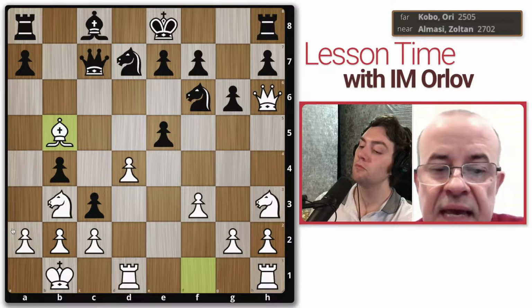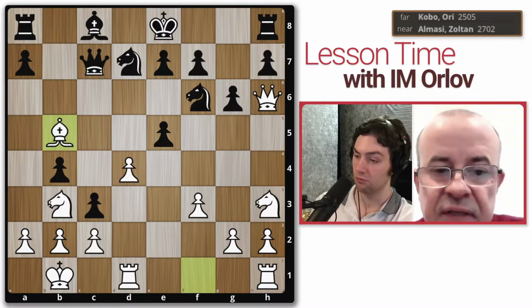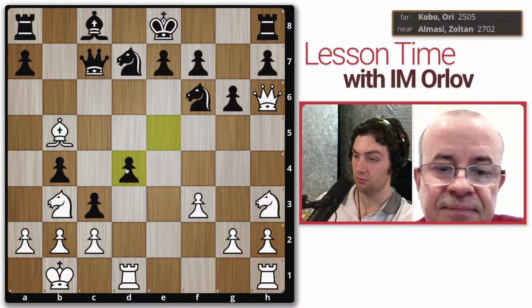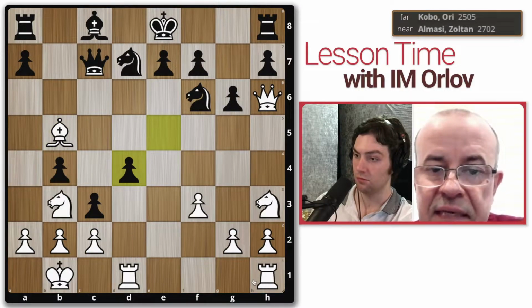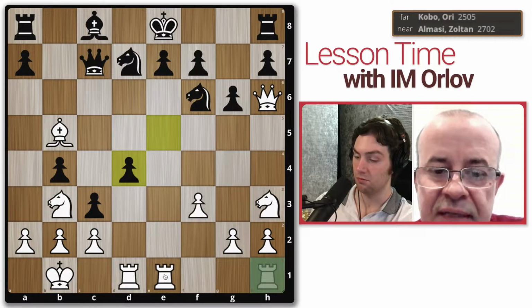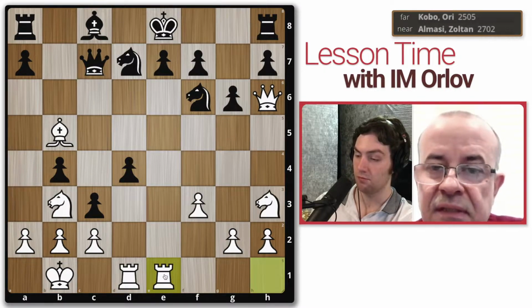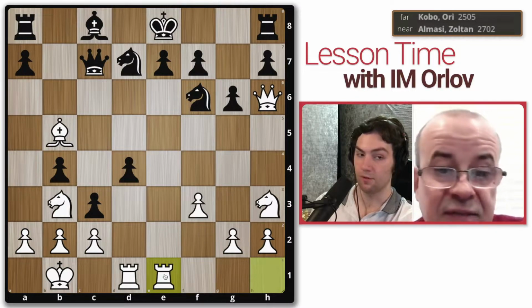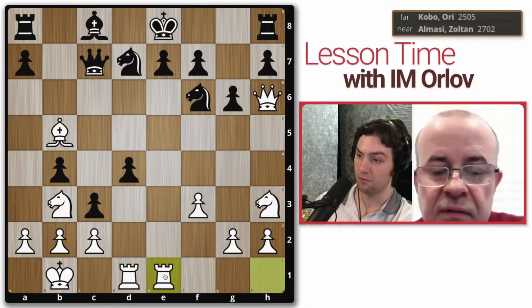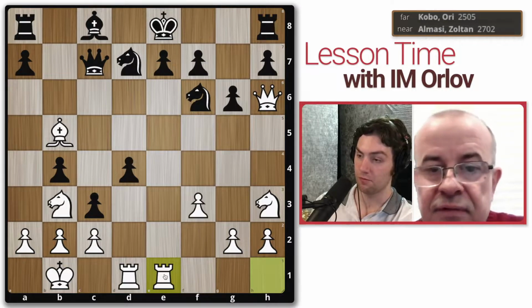So can black take on d4 safely? Would that be a good idea? I suspect the answer is probably more no than yes. And I think a couple of different ways. I actually personally like this move quite a bit. Just kind of increase the pressure, bring more pieces in. And next move, I take on d4 with a rook or knight. I'm not yet sure, whichever, but